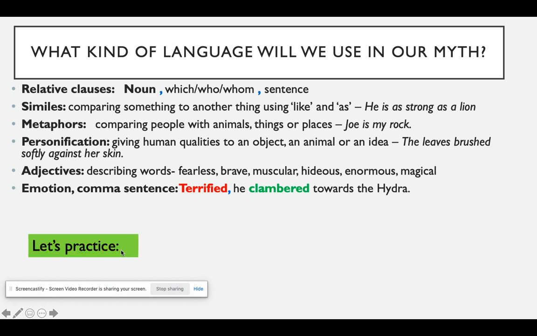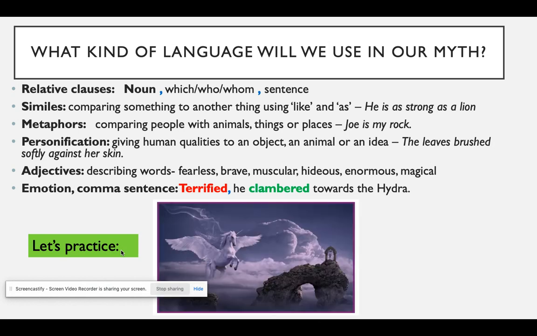Right, your turn to work a little bit. So we're going to practice. I'm going to put an image up, and I would like you to pause the video after the explanation and write down as many of these as you can about the picture I'm going to show you. Write them down in your best handwriting because this is a sheet you will upload to J2Launch by the end of the day. Are you ready? This is your image. And I'm going to give you about between 5 to 10 minutes to get that done. Pause the video now and start writing.